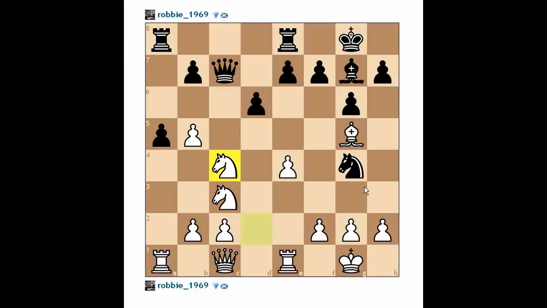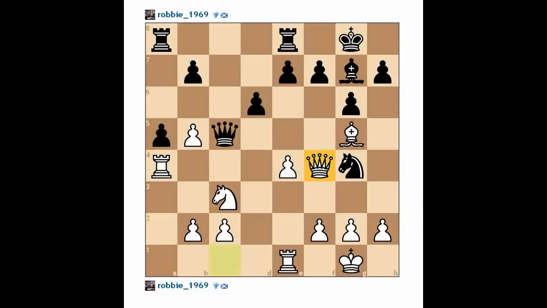And here you played knight takes c4, queen takes c4, and rook to a4, which in fact looks forcing, but of course black has this resource against the f2 pawn, and he played of course queen to c5. This forces you of course to deal with this threat, and here